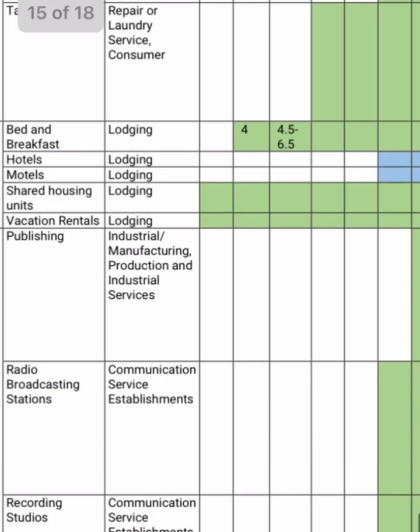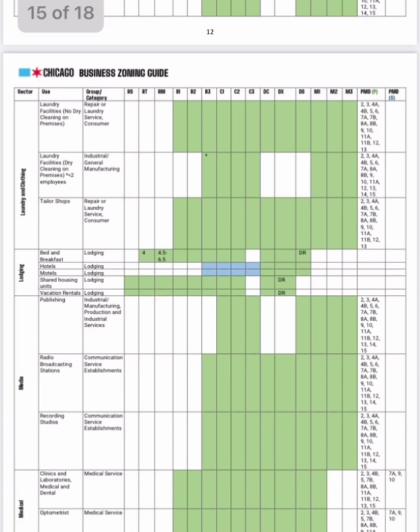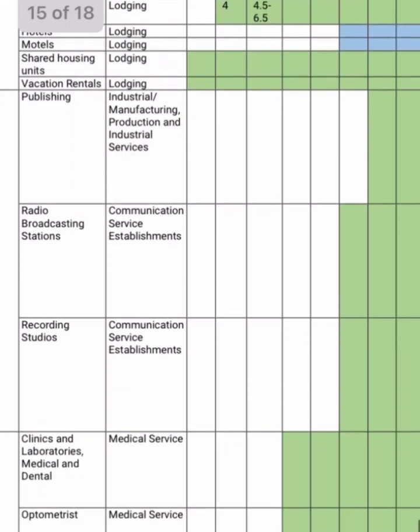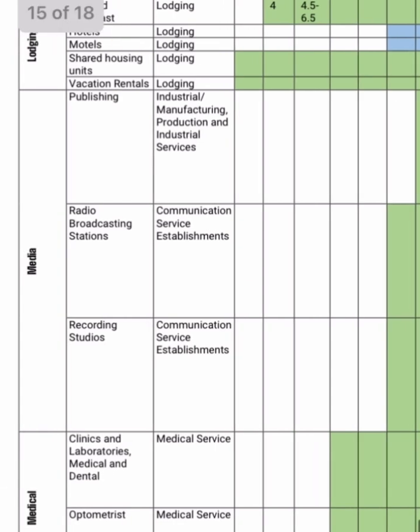The rules should be no loud noises at nighttime. The rules should be you can't use up the street parking, things like that. You can make rules about that, but just saying none, that really distorts the market. It makes for less vibrant neighborhoods. We're looking at radio broadcasting, recording studios. Yeah, I understand not wanting a giant radio tower next to your house, but what's wrong with a recording studio? So long as it's soundproof, that'd be a cool thing to walk by the window and look through and see people recording.